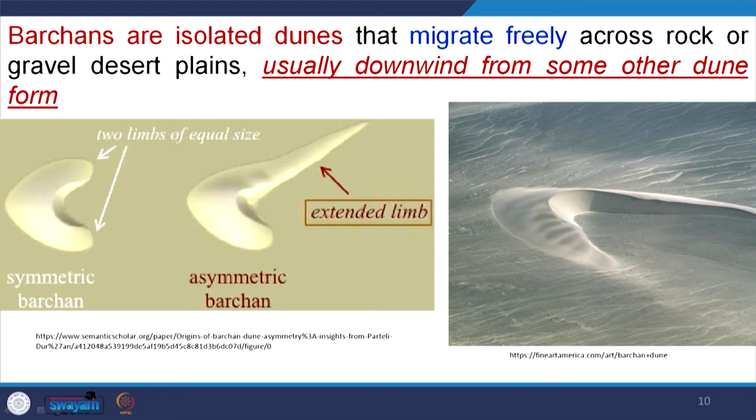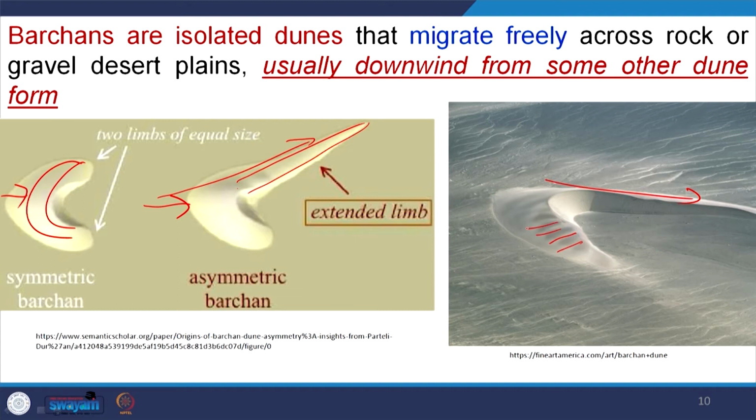So, that means that barkans can be divided into other types of dunes, based on the wind and also the sand supply. For example, if this is the wind blown direction and we are creating a barkan here, with time you see one limb or one horn is elongated and finally it may convert to a longitudinal dune also. Similarly, here it may convert to a longitudinal dune. Here you see there are several subdivisions occurring.